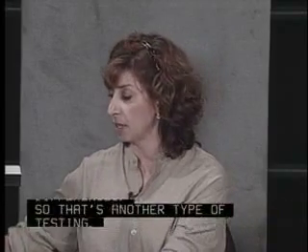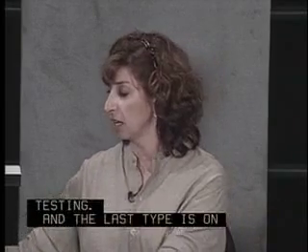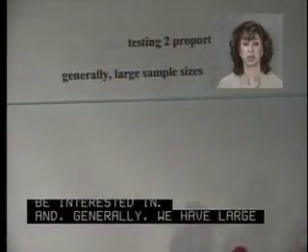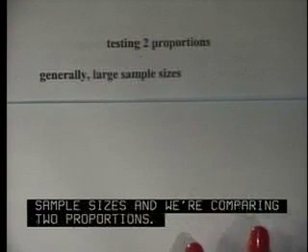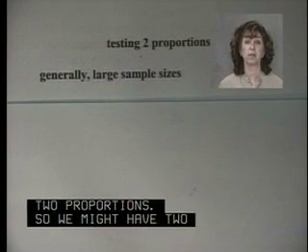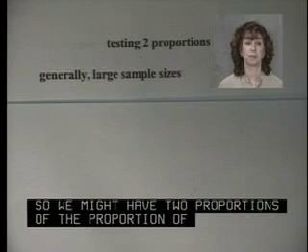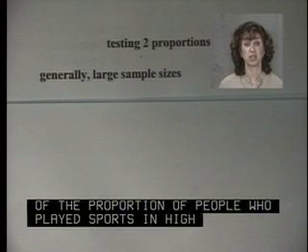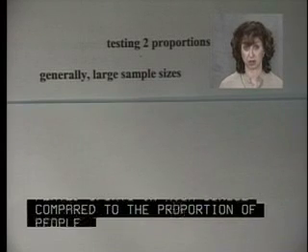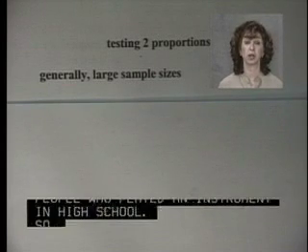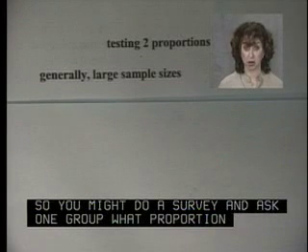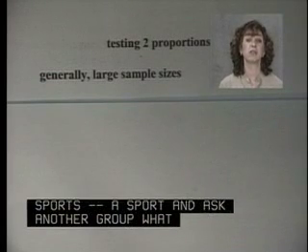And the last type is on proportions that we're going to be interested in. And generally we have large sample sizes and we're comparing two proportions. So we might have the proportion of people who played sports in high school compared to the proportion of people who played an instrument in high school. So you might do a survey and ask one group what proportion played sport, and ask another group what proportion played an instrument, and we're interested in if these are about the same